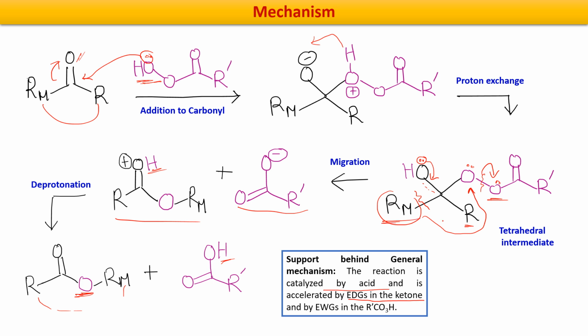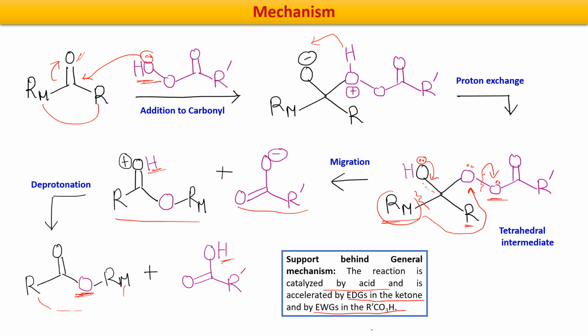That means if this Rm group has some electron donating part, because when it is moving towards this oxygen, there will be some positive charge generation. So this Rm should be such that it can stabilize this positive charge. Everything will be clear in the next slide when we actually see the transition state. So an electron donating group present will facilitate this type of migration in the Rm group, and